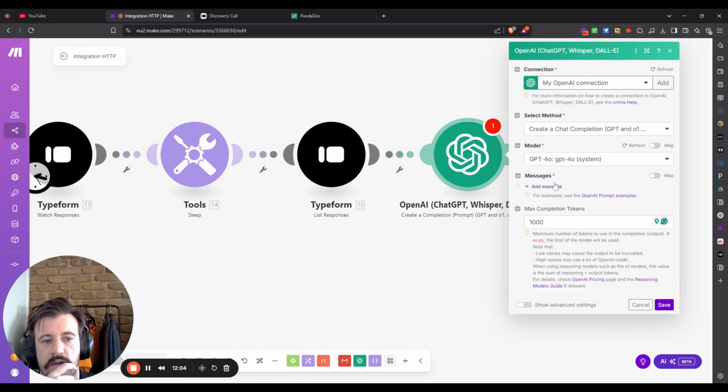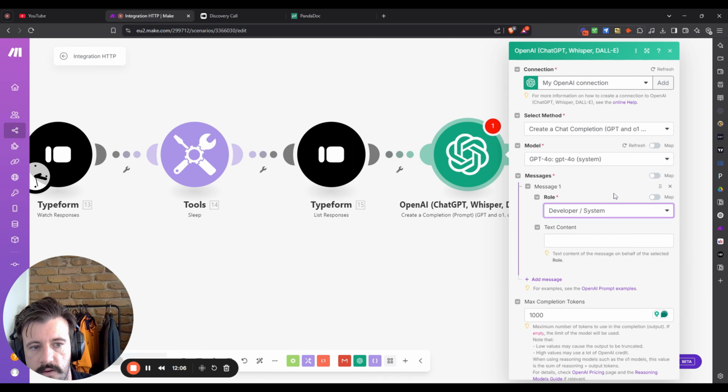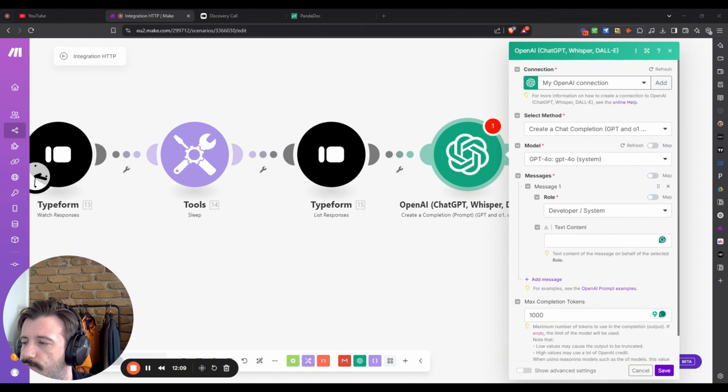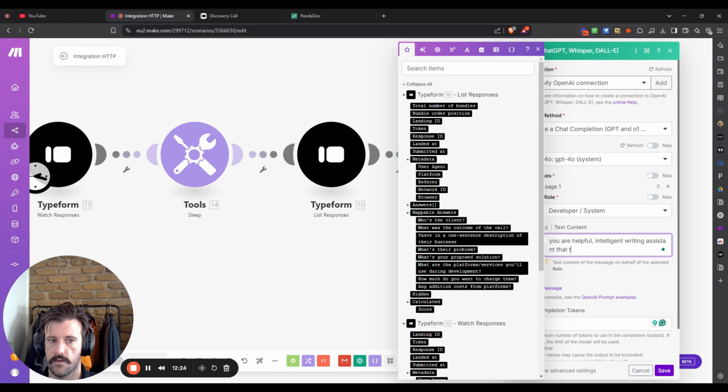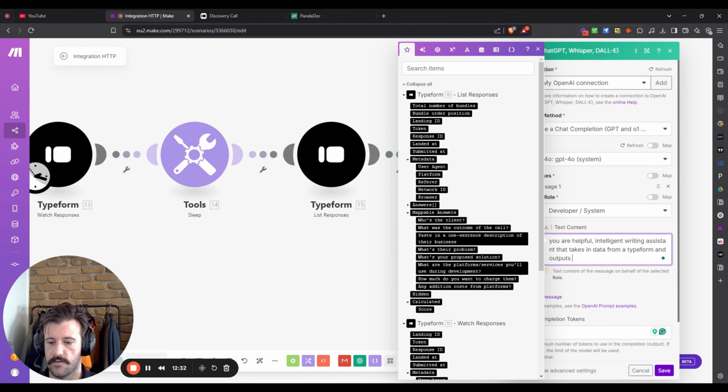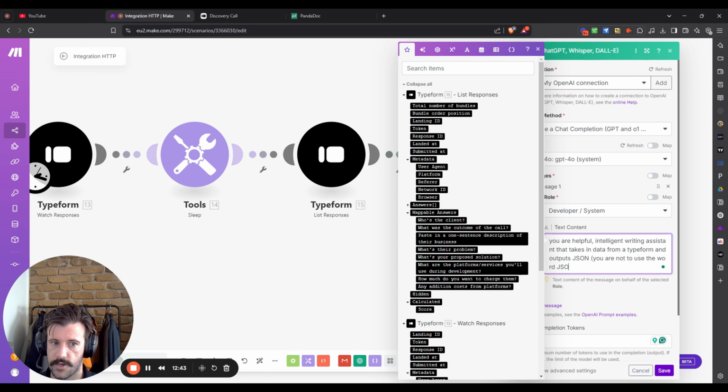Max tokens. Give it a sec. Alright, so now we want to prompt ChatGPT. Something like, you are a helpful, intelligent writing assistant that takes in data from a Typeform and outputs JSON. Parentheses, you are not to use the word JSON